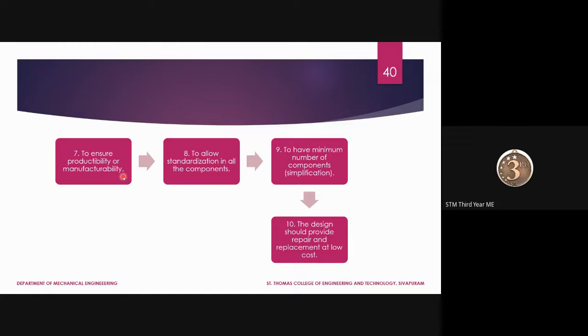So we are ensuring productivity, or ensuring that the product will be stable or will be present in the market for a longer period of time. So that is coming under ensure productivity or manufacturability. Then eighth point, to allow standardization in all the components. So multiple components, maybe a single product can be produced, or a product which consists of various components can also be produced. And for that,